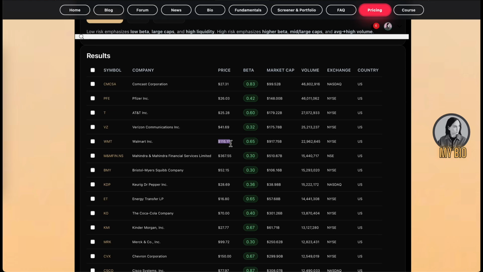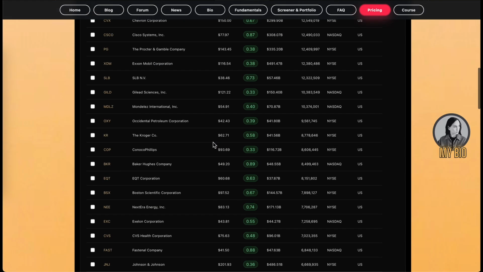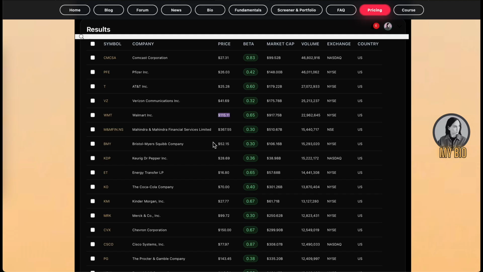Now, before choosing the stock, we already have the list of stocks. Now we have to choose the best stock from this list. These are stocks tailored to your risk appetite, and now we need to choose the stocks that are stronger than their closest peers from the fundamental standpoint. For that, you can click on the ticker. For example, I'm choosing the Walmart share. I want to buy it, but I don't know if it's strong fundamentally yet. I can click here,